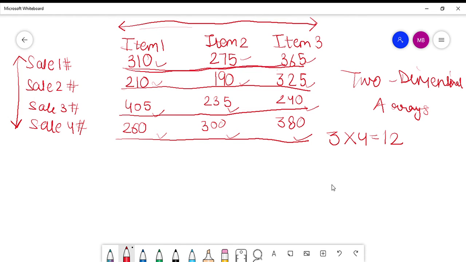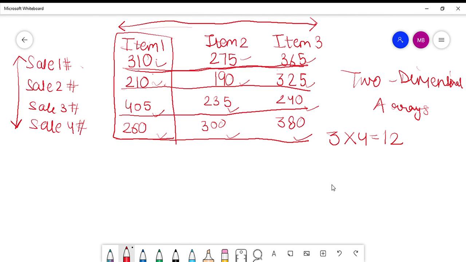Now each row, this is the row. The horizontal line is called the row. So each row represents the value of sales by a particular sales girl. And this vertical line is called the column, and each column represents the value of sales for a particular item. Like for item 1, the values of sales are these.